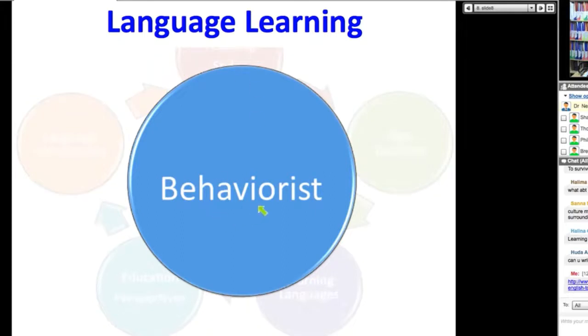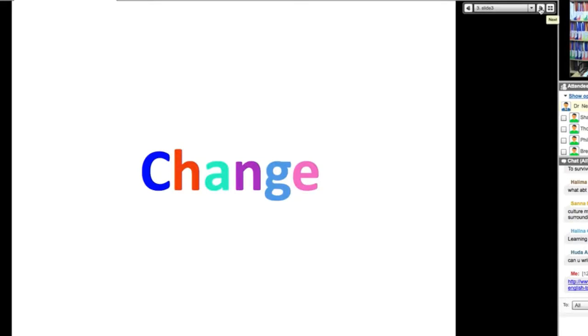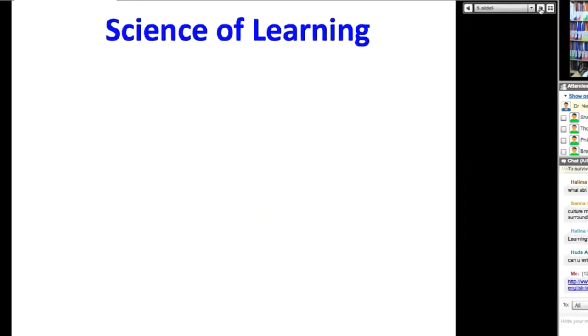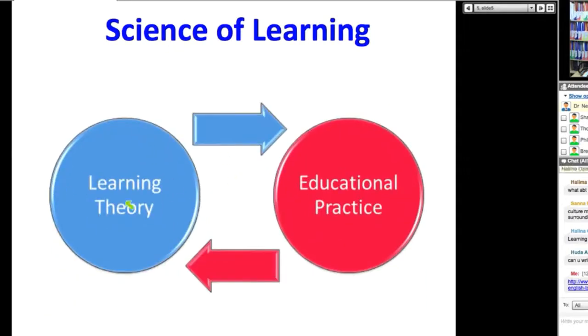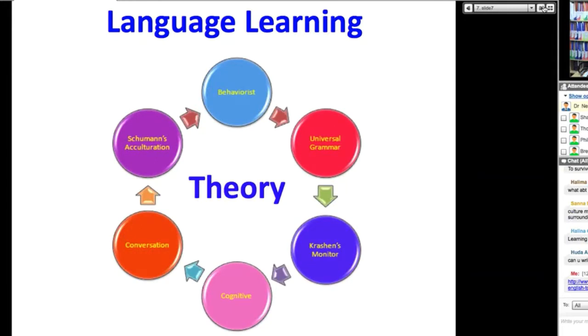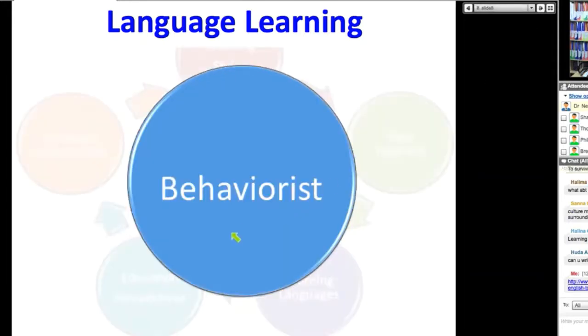All right, so we're going to start with the behavior. Don't forget that learning is about change. If we look at the slide, I think it was the previous slide here, slide number 3. Learning is about change, and it's about using learning practices for educational purposes. So, behaviorism. We want to change our students' behavior. I know that sounds terrible, but that's what we do.